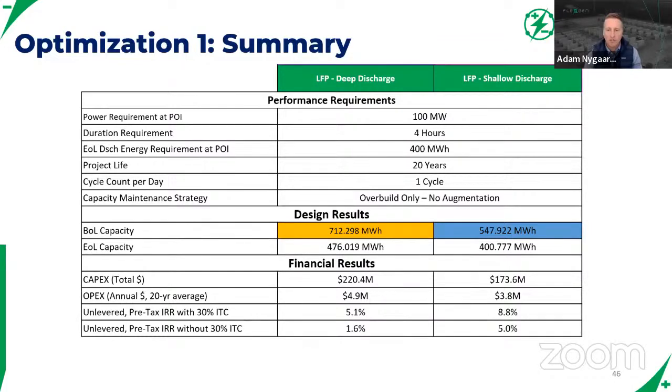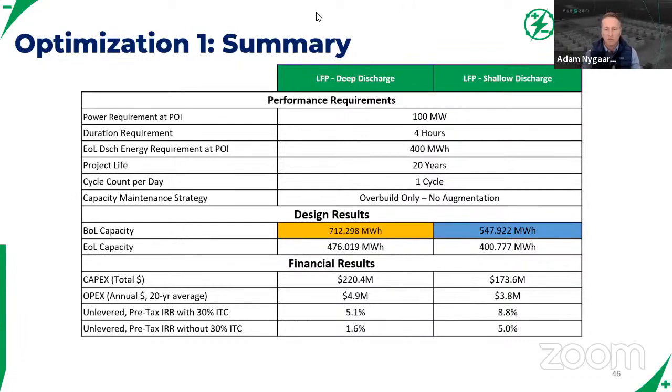The worst case scenario is your off-taker doing the deep discharge cycles every single day, 365 for 20 years. That's what we've assumed here. And so you wouldn't build your project to the shallow discharge, but at least now you have a sense of, hey, do I want to size this maybe somewhere in the middle, take a little bit of risk that I'm going to have to augment later on down the road if I don't hit it because the worst case did happen. You have to have that sort of sensitivity and